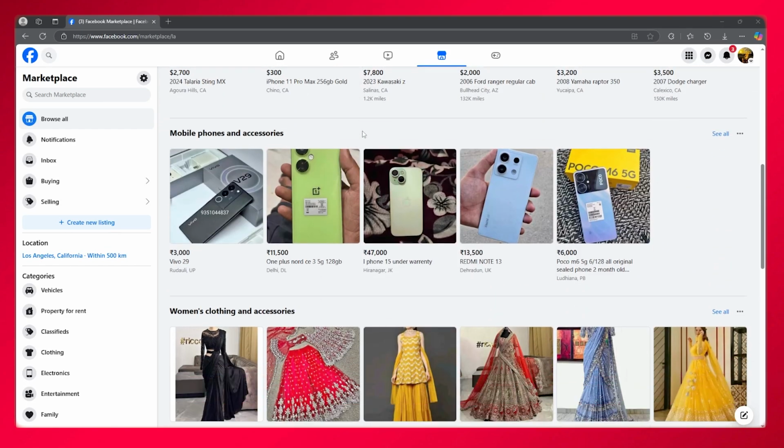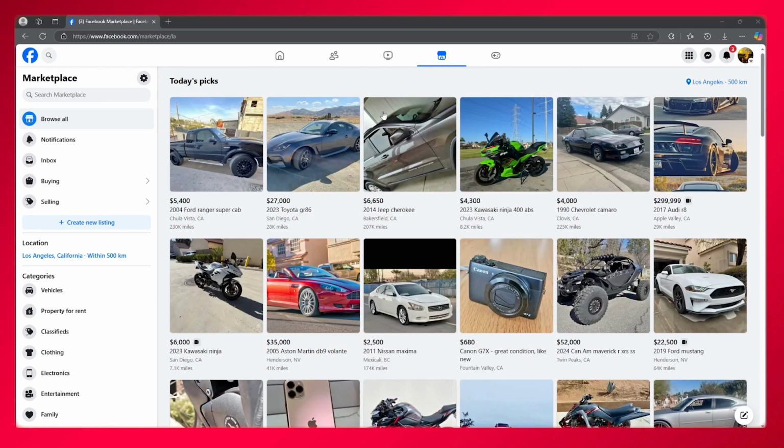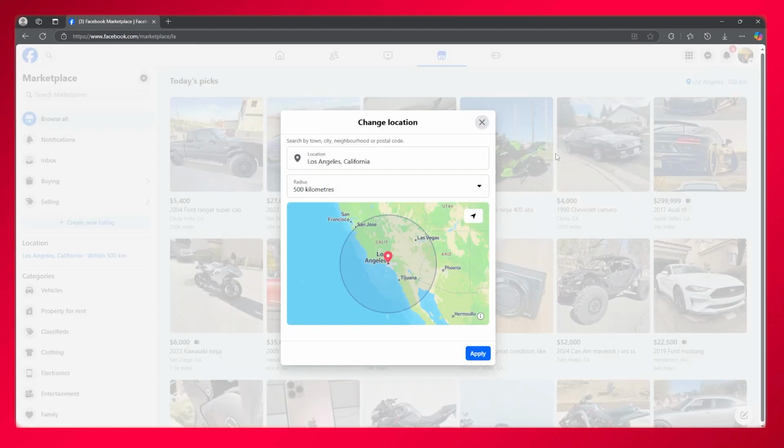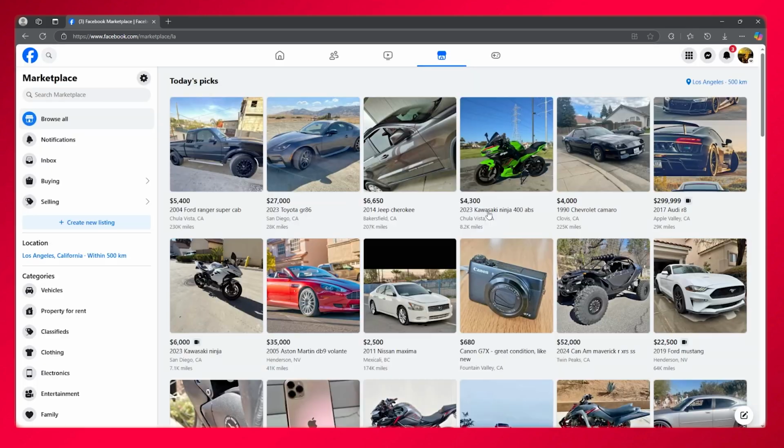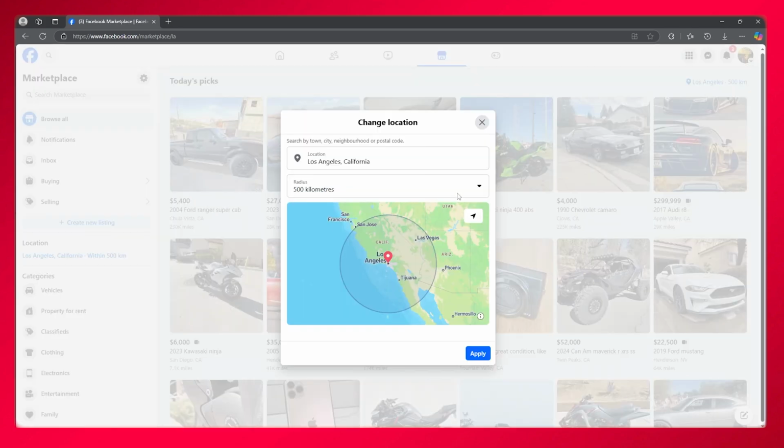in the easiest way. So to do this for yourself, what you're simply going to be doing is you're going to come over to your Marketplace right here, and whatever currency you want, you can change it according to the region you have. So let's say right now I'm in Los Angeles, California, which is why my currency is in USD. Okay. So let's say I want to change it to, let's go with the euros, or let's go with